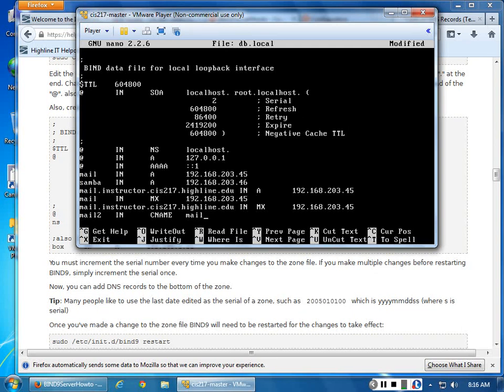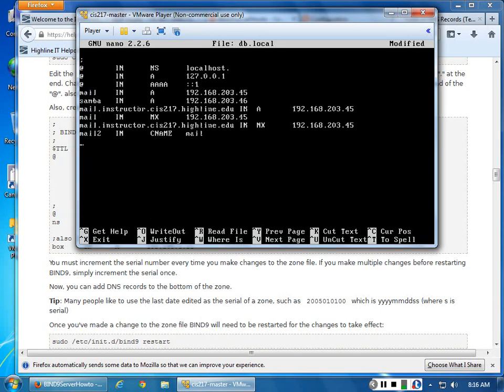All right, now if you make a bad loop in here, if you do something where it doesn't quite work, where we do mail3 in a mail, yeah, that won't work too well. What it does is it causes a redirect, but it doesn't know what to do with it because it's not followed by an IP address. So if you have multiple mail servers,